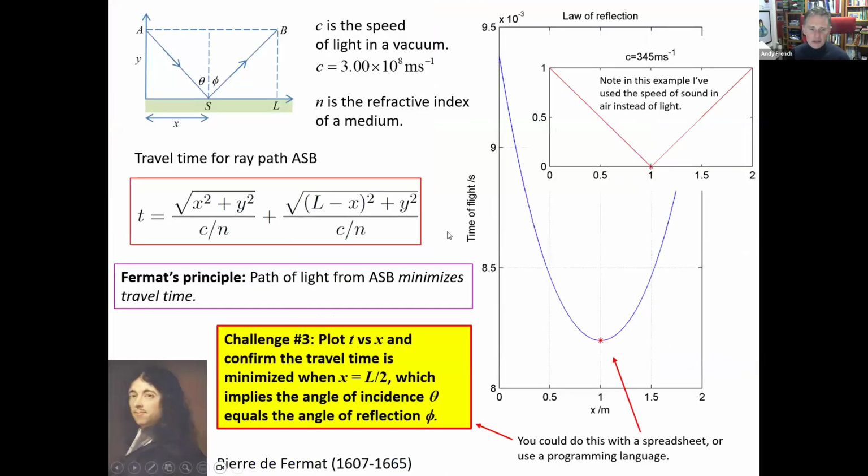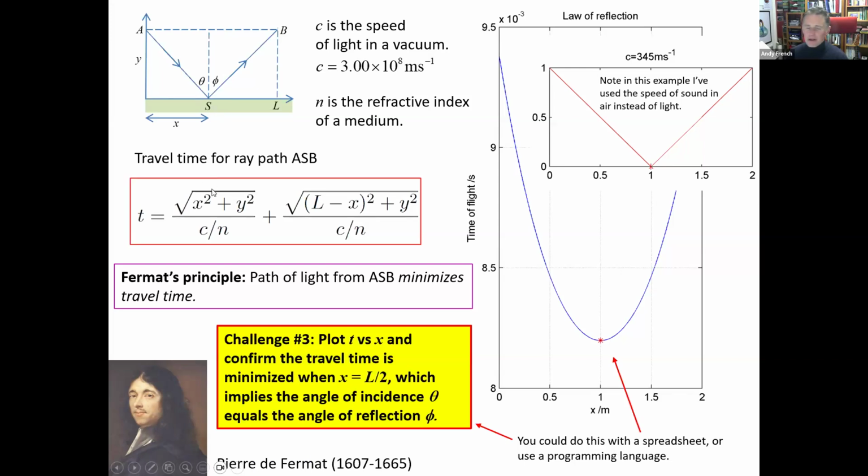There's a little diversion, which is about plotting curves. And this is some really interesting ideas based on Pierre de Fermat. So we're looking at the law of reflection, so A to S to B. And we know that those angles are the same, but why? So Pierre Fermat's principle basically says, if you work out the path from A to S to B, and that could be not in the middle, it could be anywhere, and work out the time.